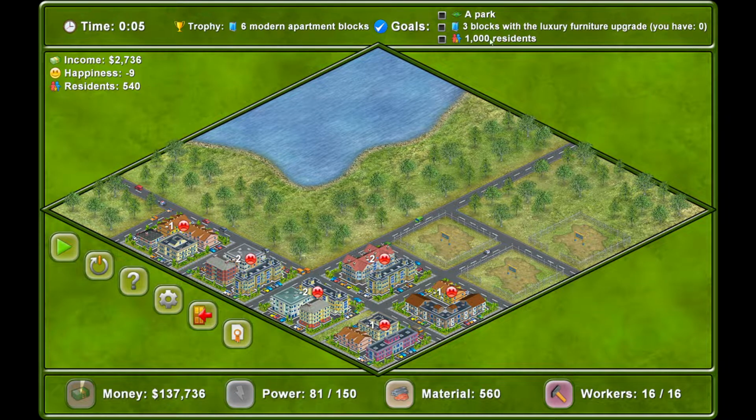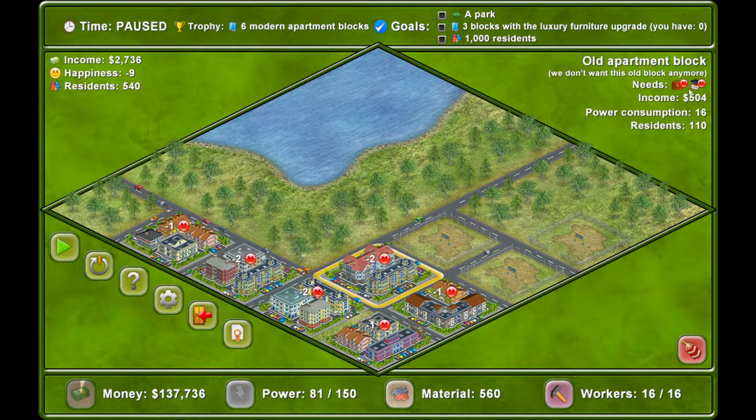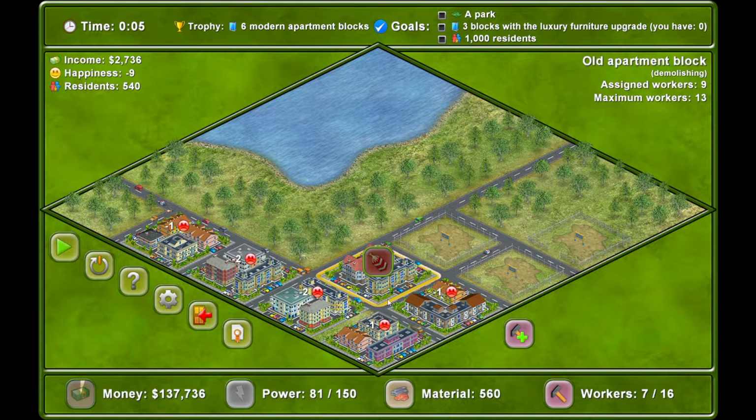And then 1,000 residents, which we're at 540 right now. We have no happiness, and they're upset because they want an office building and a school. The thing is, we don't have to upgrade that at all, because it doesn't matter if we're unhappy, right? So we have 3 blocks with luxury furniture upgrades, which means we're going to have to delete some of these things because you can't add luxury blocks to these, and we don't have enough space to build 3 blocks and that. So what we're going to do is come in here and demolish this,